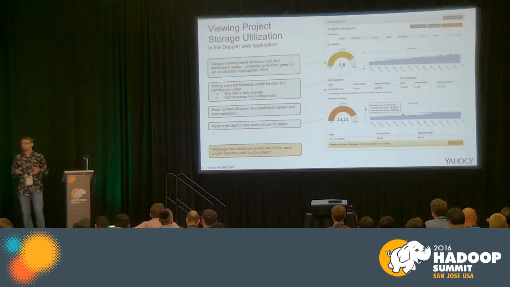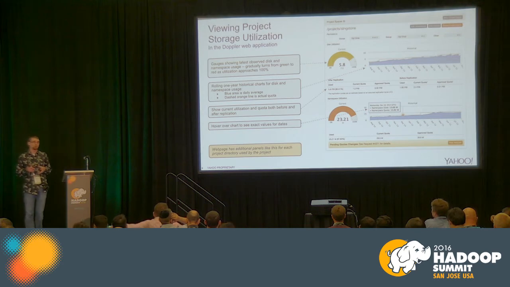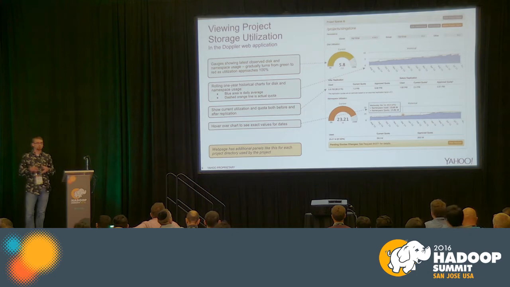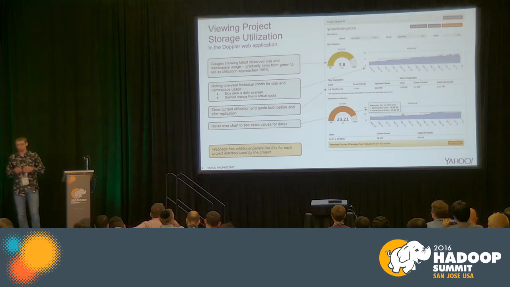So up until this point, I've really only talked about compute usage, but we of course care about storage a lot as well. But since it's not subject to the same minute-to-minute wild swings that we see in the compute side, and it's more costly for us to capture, we get this about once every 6 hours, but we do it for every user and every top-level project directory across our clusters, which, given our number of projects, is actually quite a bit.